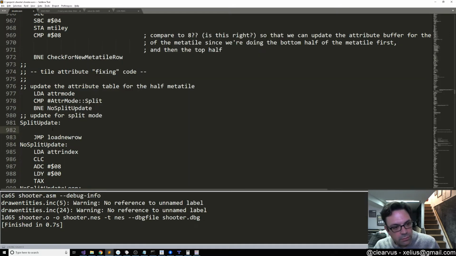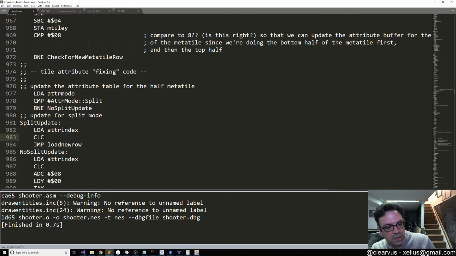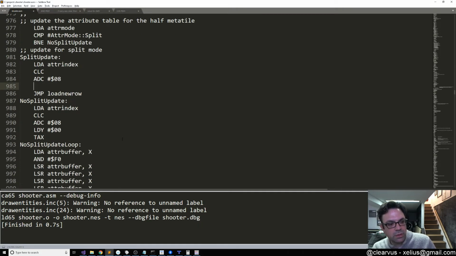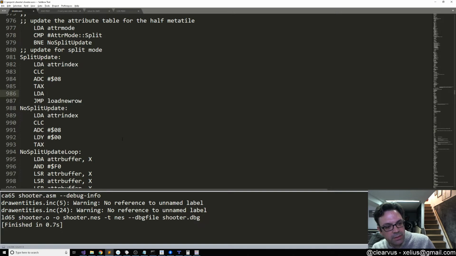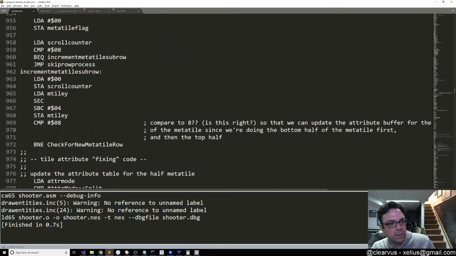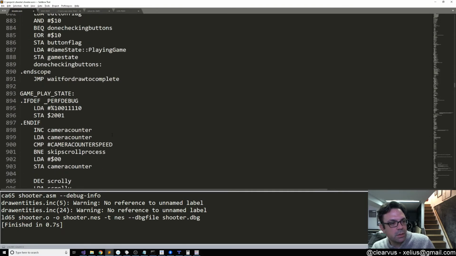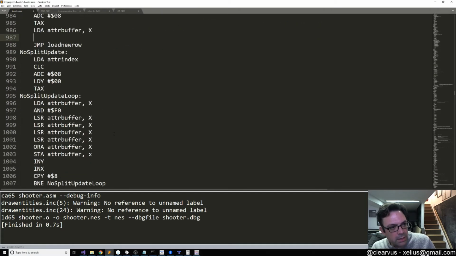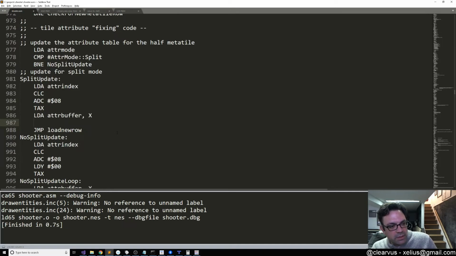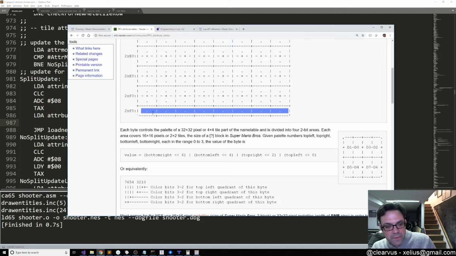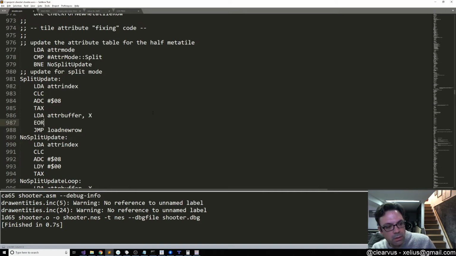And so what we would do is load A with the attribute index, clear the carry, and add 8. Then we transfer A to X, and load A with the attribute buffer value at X. Are we using the temp variables anywhere? Doesn't look like it. Okay. All right, so we load that there, and then we want the top value, so we're going to AND that with F,